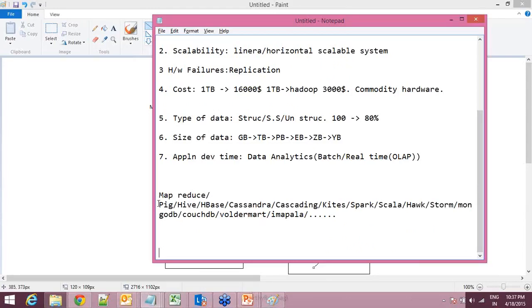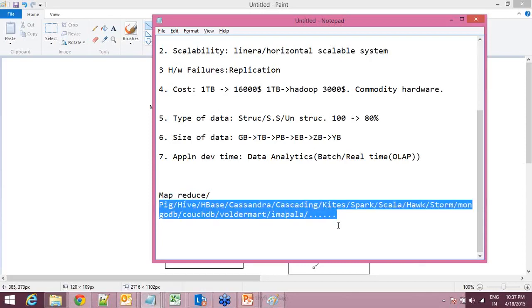So these are all different frameworks. Except MapReduce, we call all of them ecosystems. All these are open source again. If you want to do analytics, you can do it in Pig or Hive or HBase or Cassandra or anything. Hadoop just has that flexibility. And these ecosystems are very powerful. They have a very powerful engine. They have their own APIs for implementation, and they are simple to learn and easy to use.